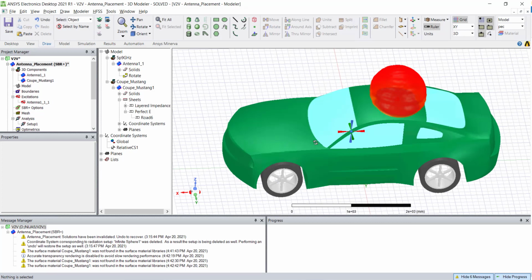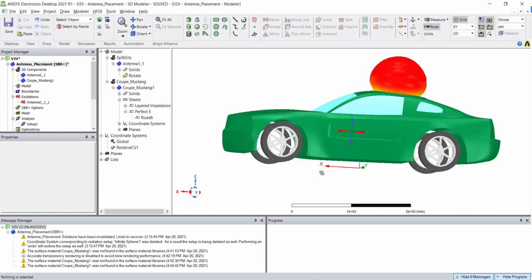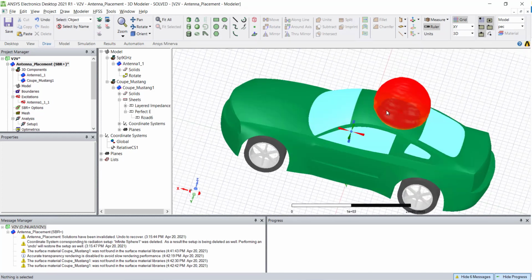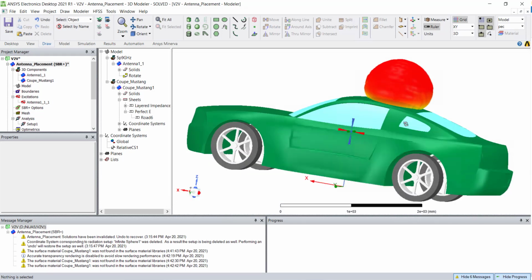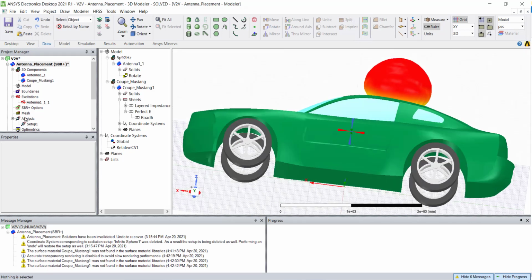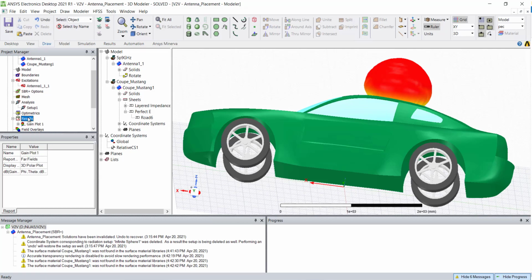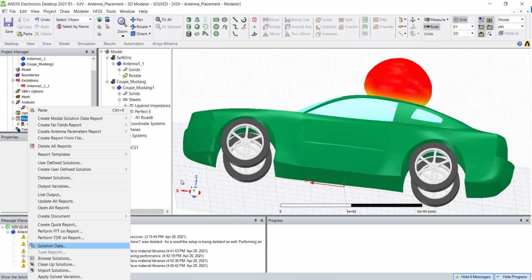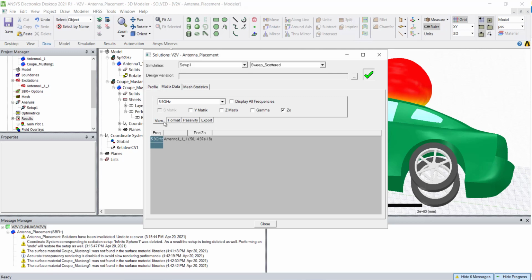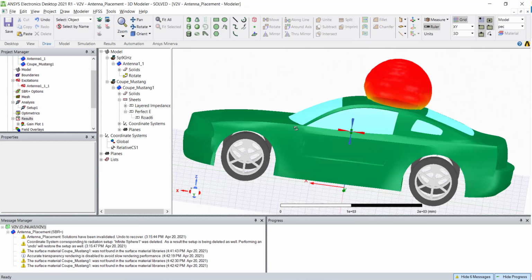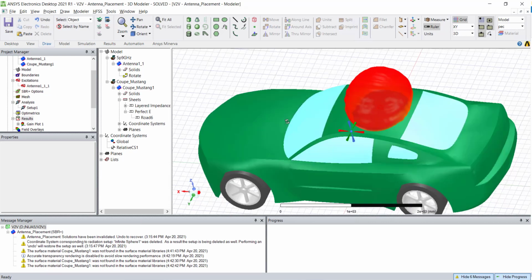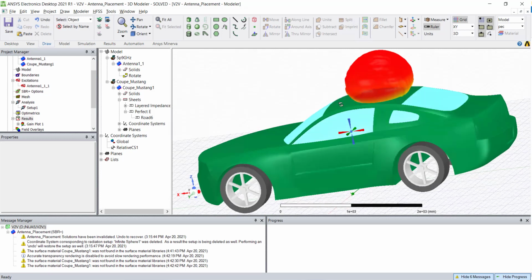You have seen the initial pattern was only a half circle, but now you can see that because of this placement of the antenna, your pattern is changed, and you can also see how the radiation pattern is coming up. And here, if you would like to see how much time it took for simulation, it took about 11 minutes, I believe. Under this one, you will see it took 11 minutes 50 seconds to simulate on my machine. So this is how the installed antenna performance is calculated.